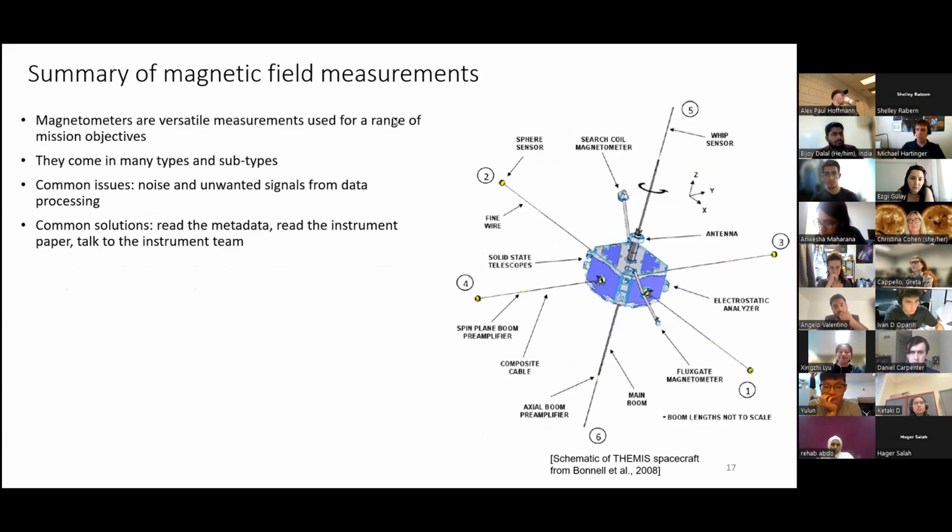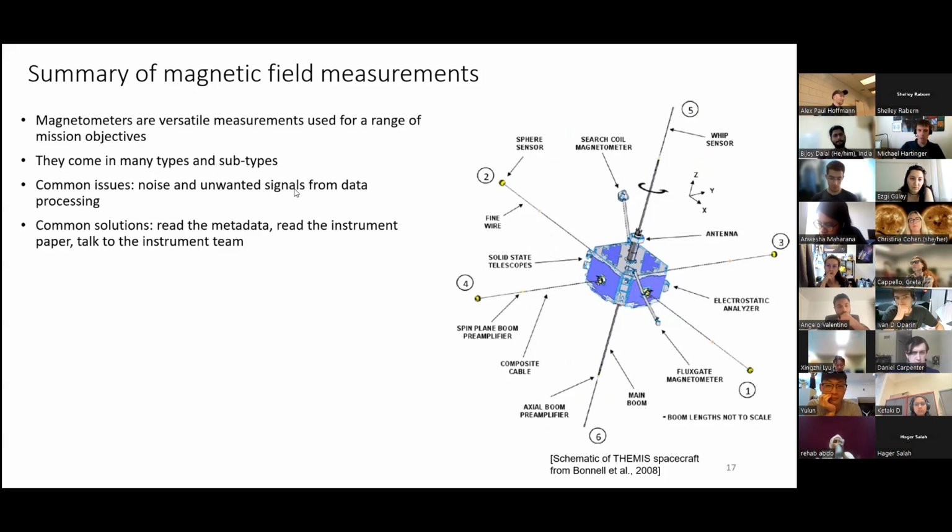So let me just quickly summarize the magnetic field instruments. They're really versatile, used for a wide range of mission objectives. They're used throughout the heliosphere. They come in many types and subtypes. They're highly customizable. But they are affected by common issues that other instruments are also affected by: noise and unwanted signals from data